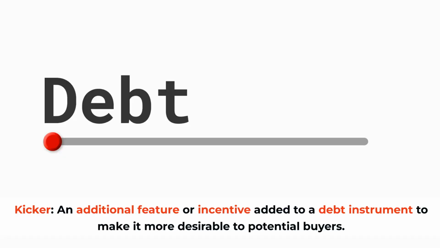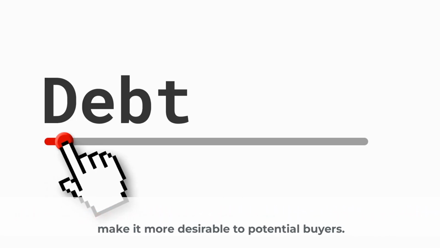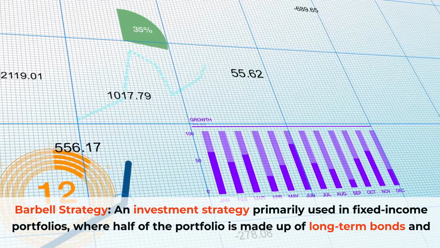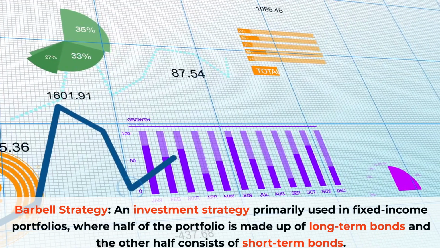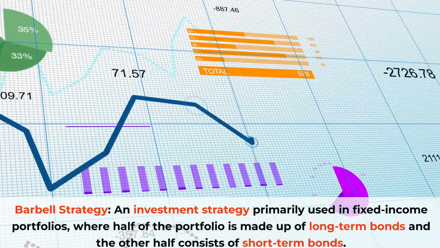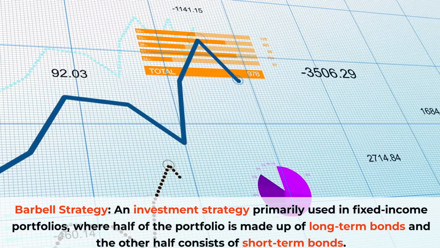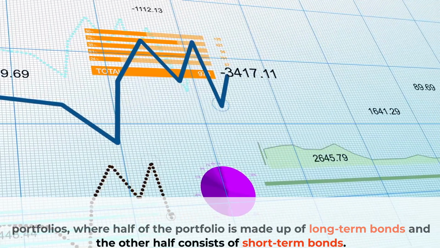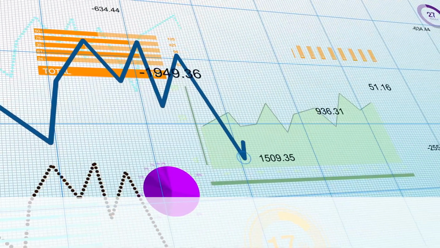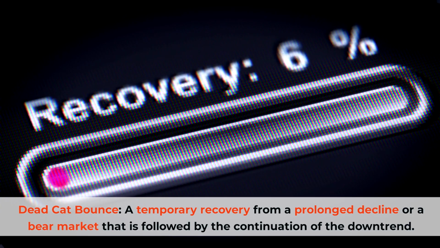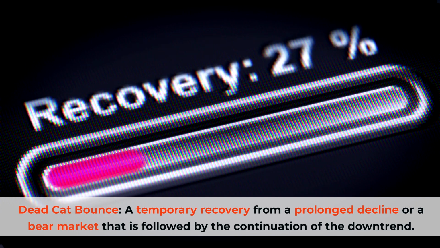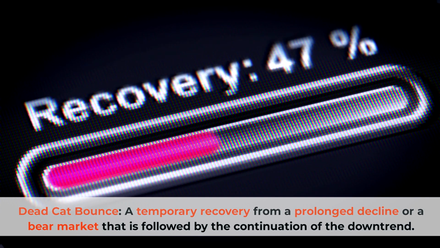Kicker, an additional feature or incentive added to a debt instrument to make it more desirable to potential buyers. Barbell strategy, an investment strategy primarily used in fixed income portfolios, where half of the portfolio is made up of long-term bonds and the other half consists of short-term bonds. Dead cat bounce, a temporary recovery from a prolonged decline or a bear market that is followed by the continuation